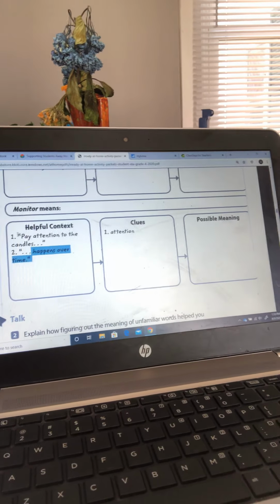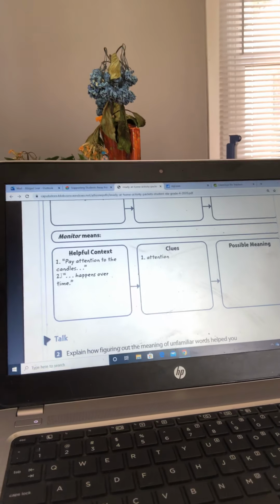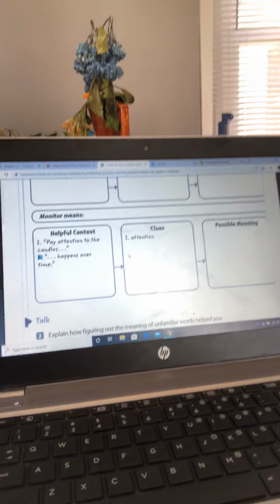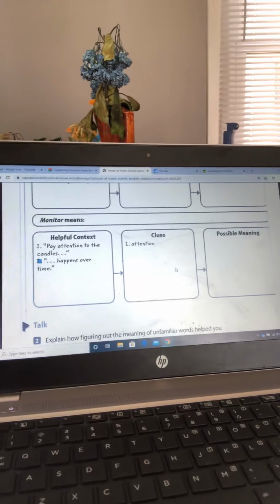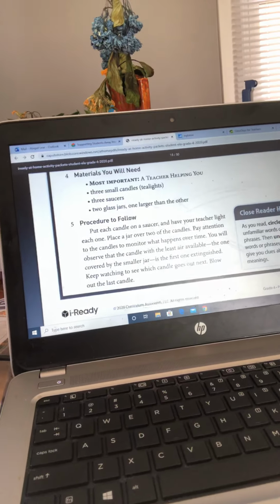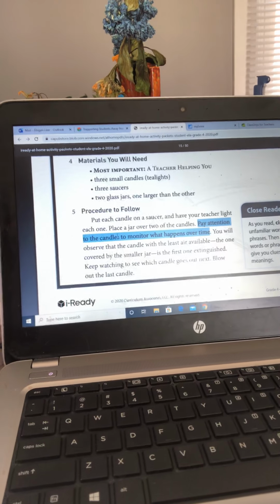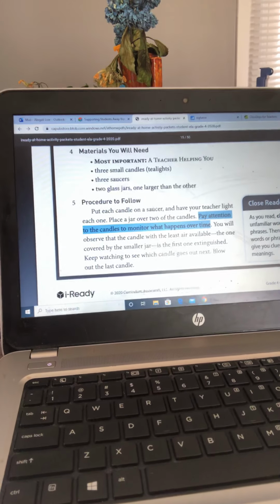So see how this number 1 goes with this number 1? So what do you think we'll need to put for 2? 2 over here. So put 2 and put over time. Okay. So it's saying pay attention over time. So can we just put watch? Because I mean that would fit in there. Pay attention to the candles to watch what happens over time. That fits, but